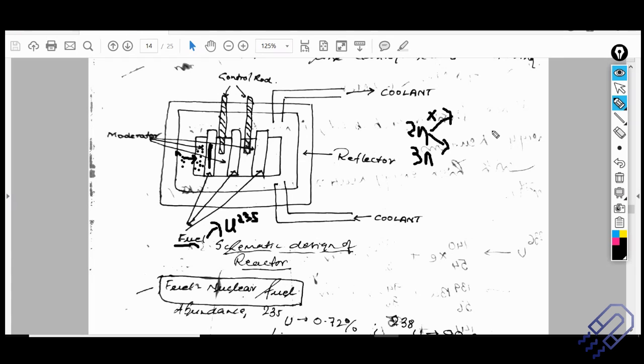In order to cut down that neutron, we use something we call the control rod. There are of course several elements, but most of the time the element used is cadmium. But let me tell you, in this lecture the aim is not to understand the nuclear reactor. The aim is to understand something else. But if we don't touch the basics, we cannot go forward. That's why we're doing this.